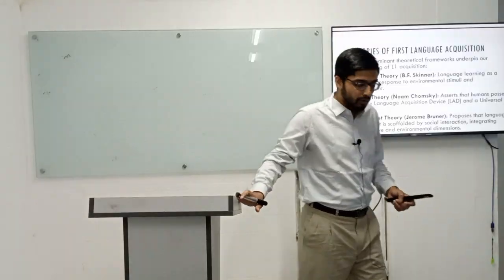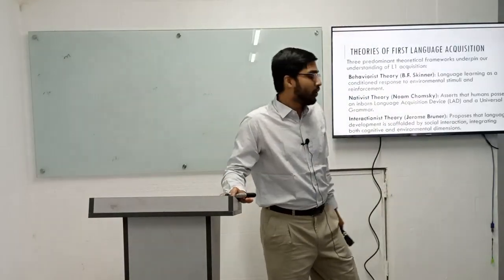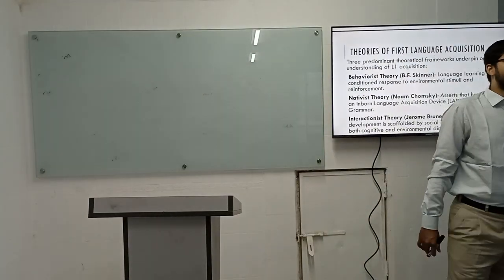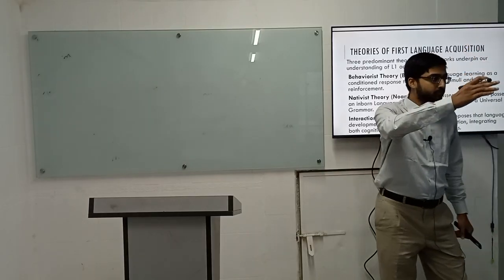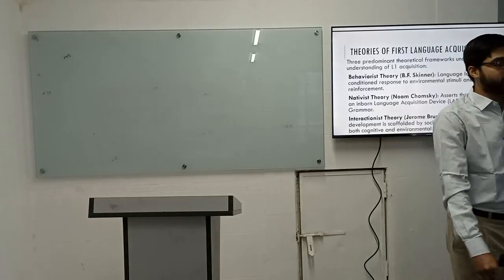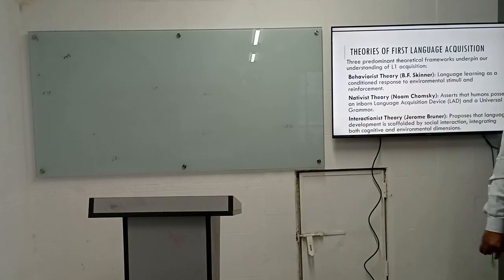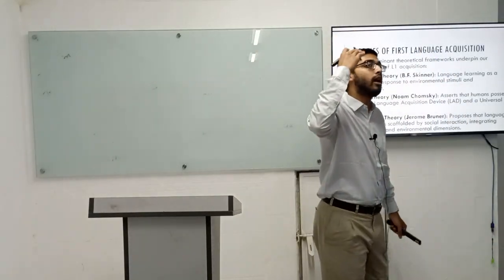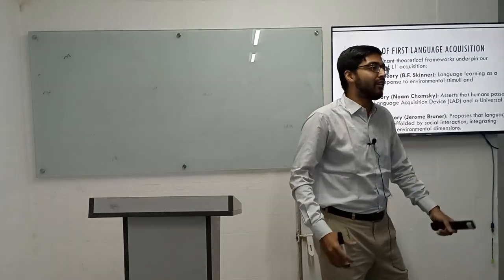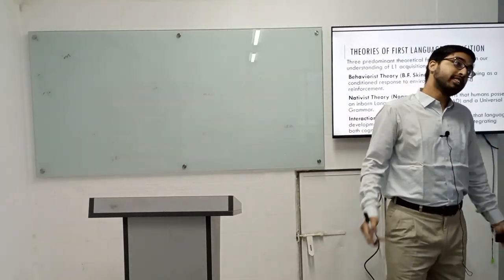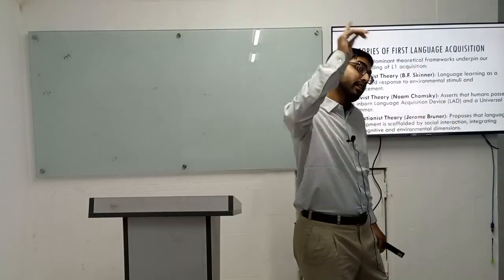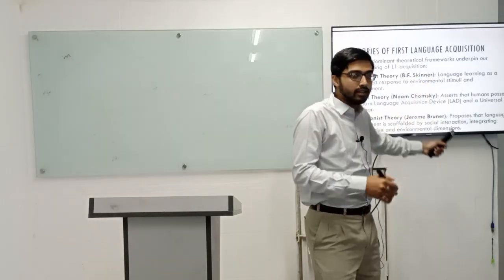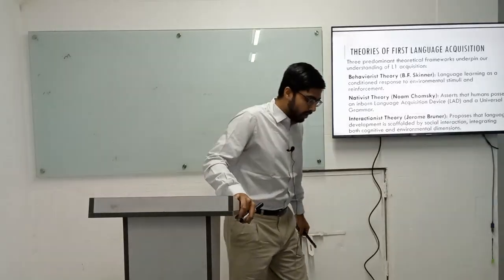UG principles. So Noam Chomsky said, well, forget everything. There's nothing called reinforcement and stimulus. Yes, we know the language from our environment, from our society, from our friends. No. We all have that innate language device installed within our brain. So even if we do not have any stimuli or responses, still we could form a particular language very briefly, very precisely. See, this is what basically Noam Chomsky said. Nativist theory.